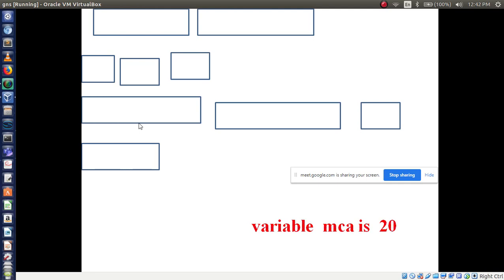Now I want to print the message "variable MCA is 20". To print this, first we need the script tag, followed by the type attribute.